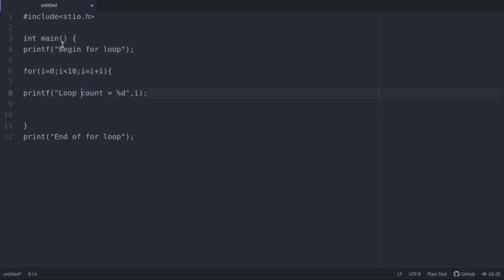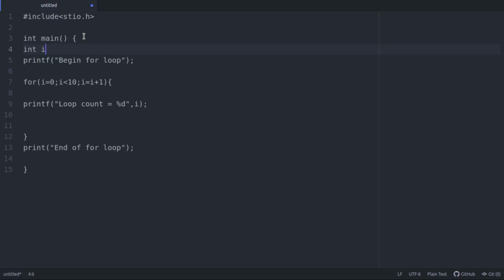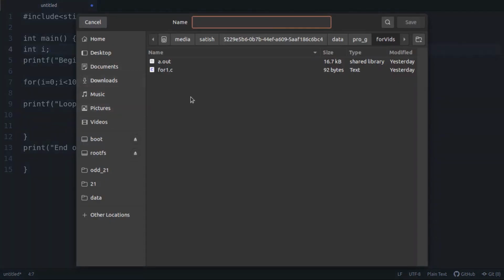All right. So we'll close our function here, and because i is a variable, I have to declare what type of variable I'm going to use, an integer variable type i. Let me save this program with a specific name, let's say print for.c.